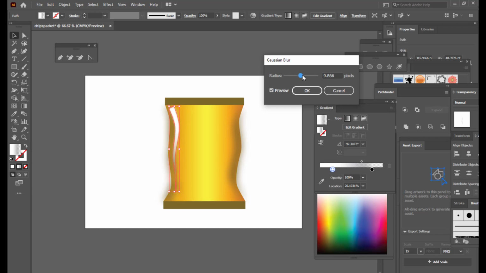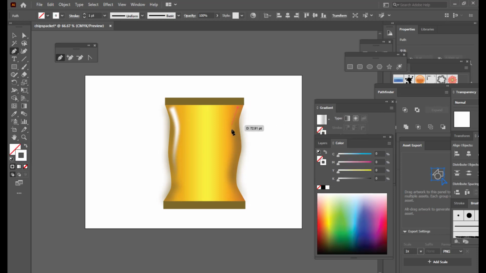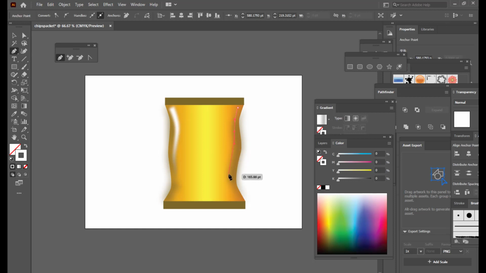So simply we can apply a small value here. So 17 is okay. So something like this, and we'll do the same on the right side. So again I will select a pen tool, and I will again select the stroke and turn off the fill, and then we'll create one more highlight on the right side, simply like this. And then we will use the width tool again, and just simply